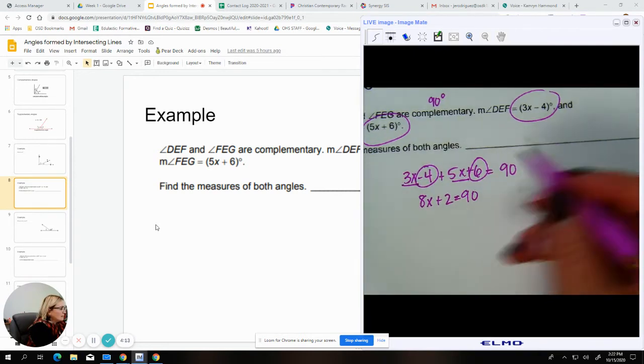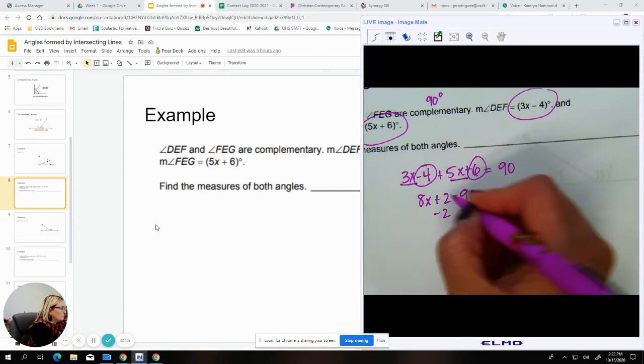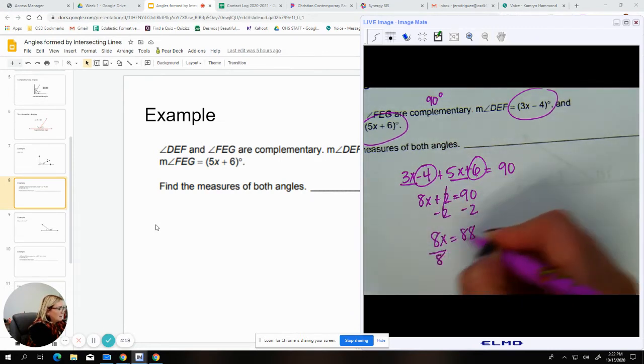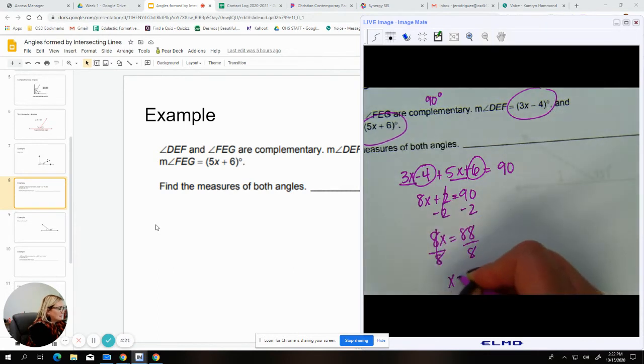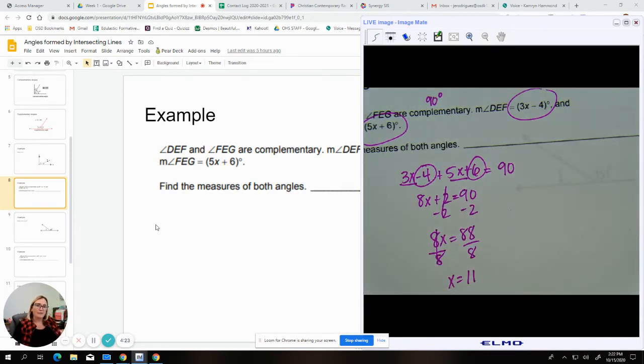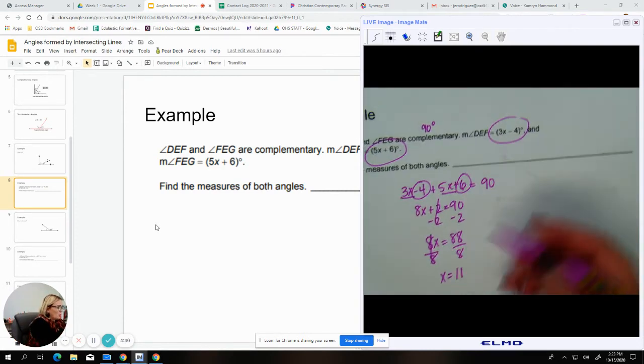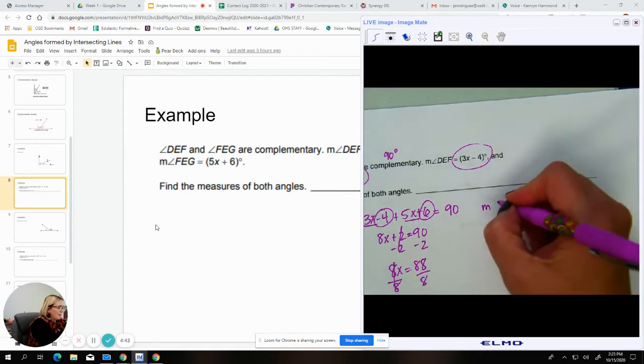Now to solve for x, we are going to subtract 2. We get 8x is equal to 88. Divide by 8, and x is equal to 11. But notice that if we zoom out and look at this, it doesn't say what is x. It says, what are the measures of both angles? So the way we need to find those measures is we need to take x and plug it back in. So we are going to do DEF,